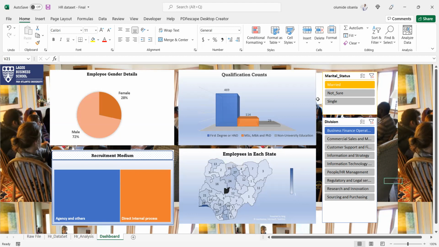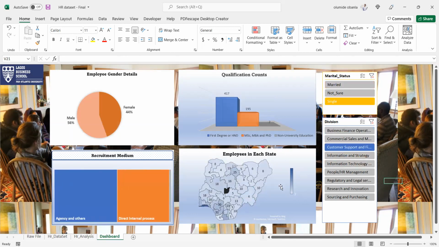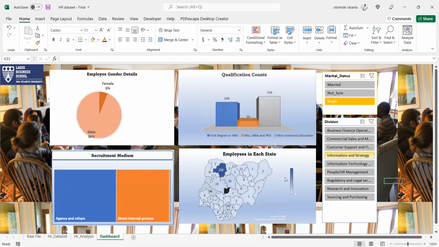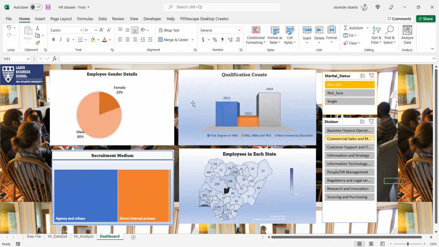If you select those that are single, you see the graph turning blue, and those that are married are under commercial sales.